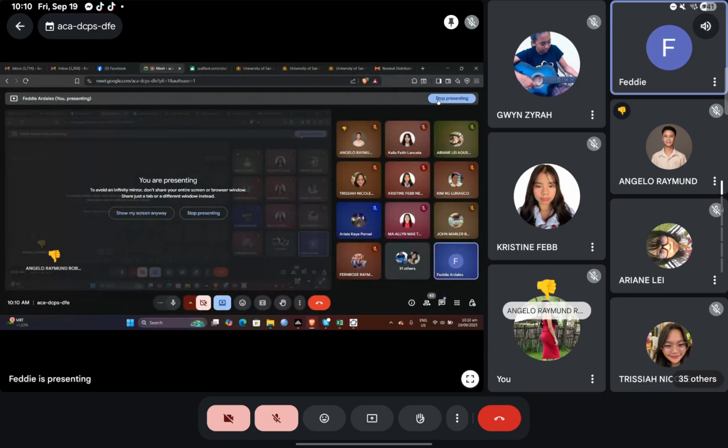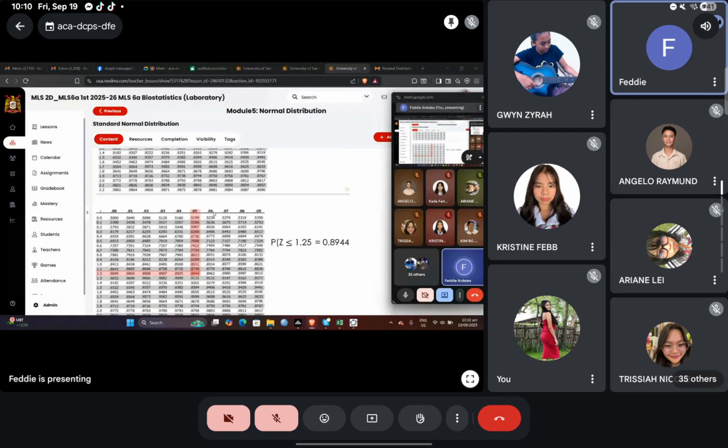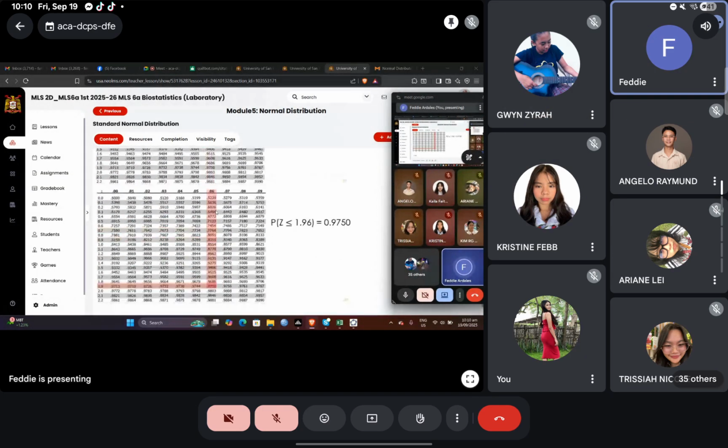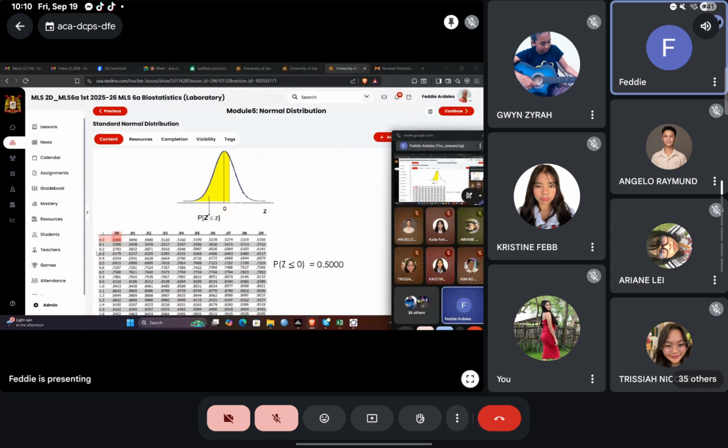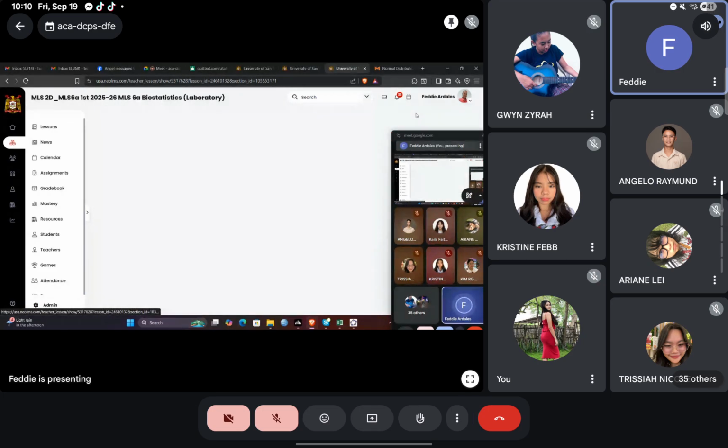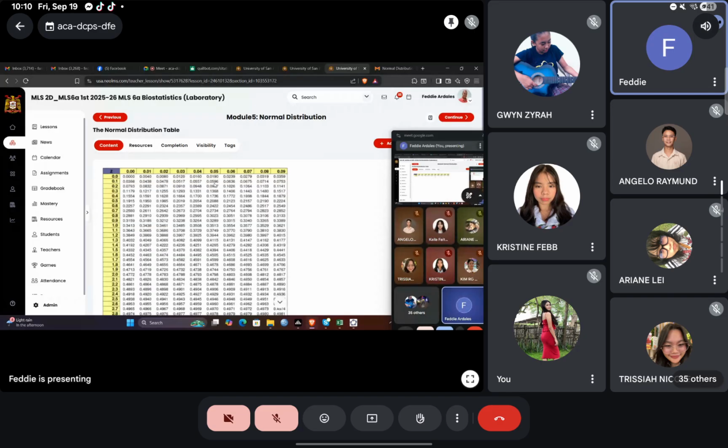Okay, how about the others? Again, we're using this table. There's another table below on the next page, which is actually different. If you look at this one, where z equals 0.0, the area is 0.5. There is another table where z is 0.0 but the area is also 0. So again, let's compare this one.